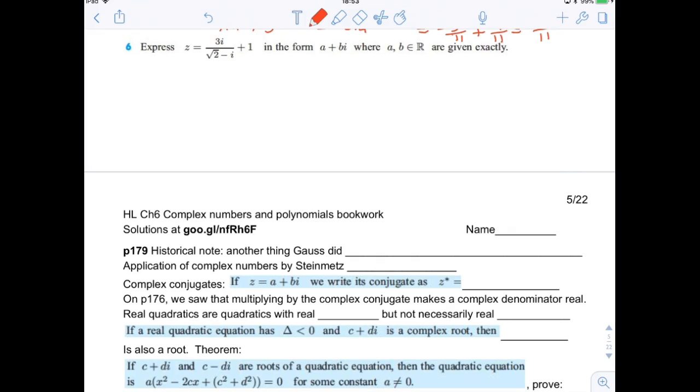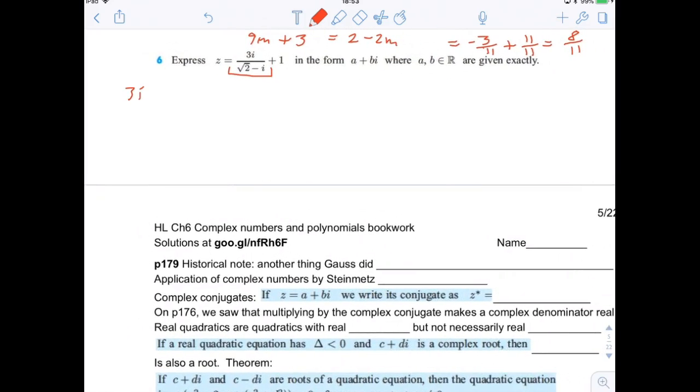Last problem. Express z equals 3i over (square root of 2 minus i) plus 1 in the form a plus bi. Okay, so remember that we would like to change this fraction into a fraction that does not have a complex number in the bottom, so we're going to multiply by the complex conjugate. So we're going to have 3i times (square root of 2 plus i), which is the complex conjugate, over (square root of 2 minus i) times (square root of 2 plus i), plus 1, which is equal to